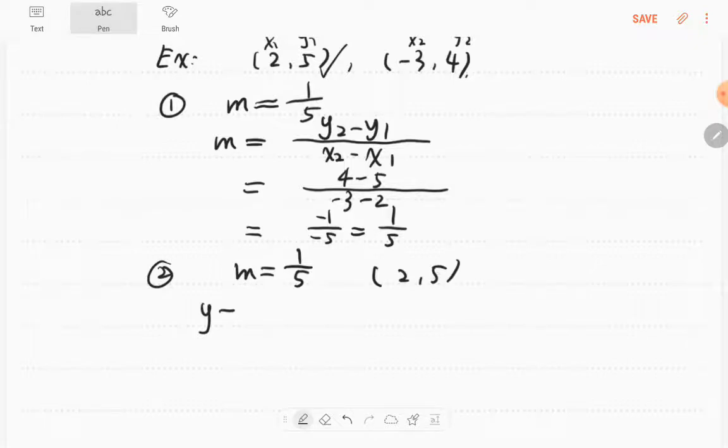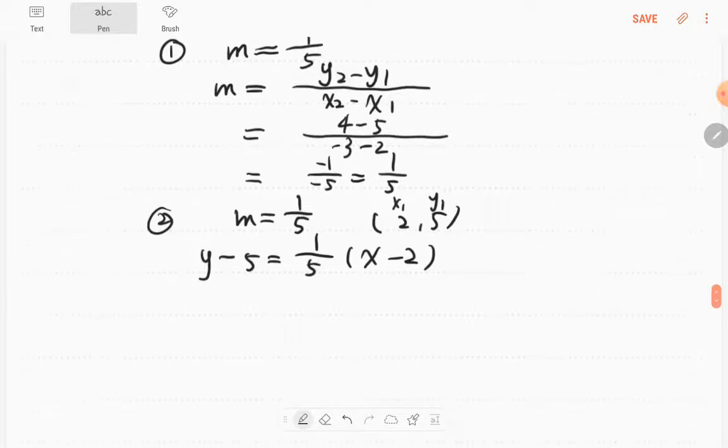So here, this will be x1, y1, so minus 5. And this is our slope. In the parentheses, we should use x minus x1. So x1 is here, is 2, so we minus 2. So after that, we could write it into the